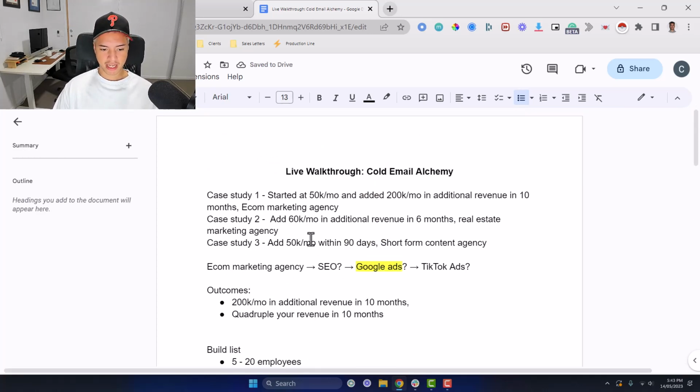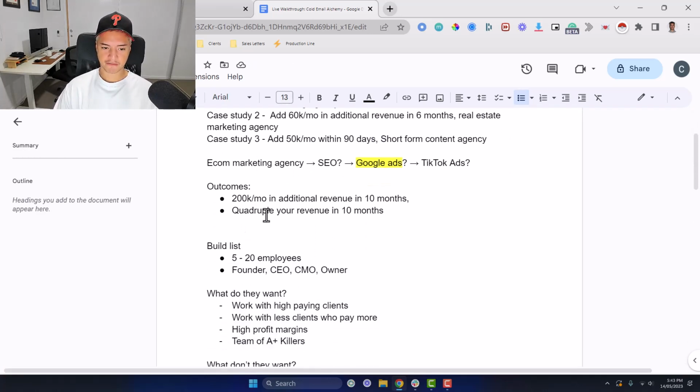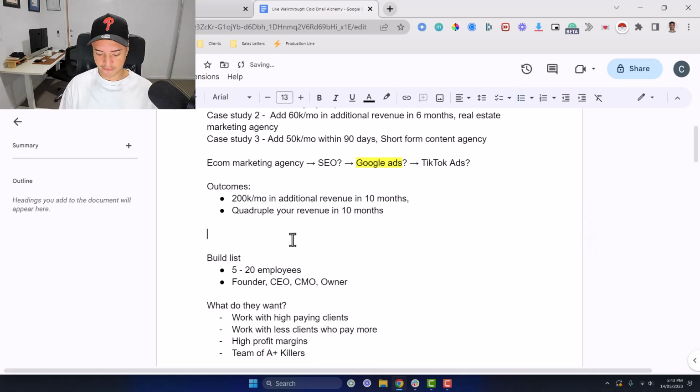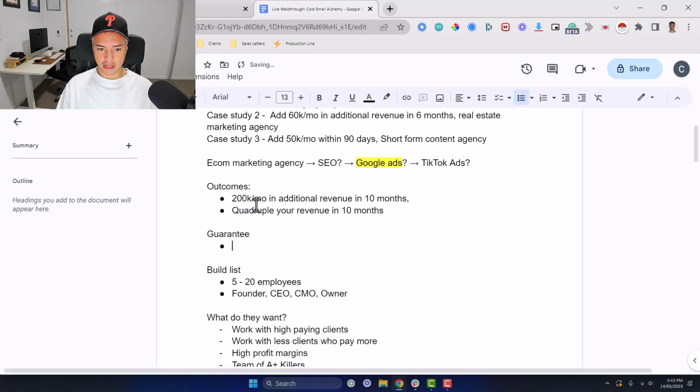So I look at the best case studies, look at the outcomes and how I could actually frame those outcomes, and I'd ask the client, or depending on if it was me or the client, I'd figure out what the guarantee is as well. So the guarantee might be your claim. This is just the best thing that's pulled from the case study, but this is not your guarantee. So this might have been something that you've done for someone else, but that's not your guarantee. This is just what you're going to help them work towards, and you can duplicate the blueprint, which allowed you to do it for client A to client B. But the guarantee might be like 2x ROI guaranteed on investment, or we work for free.